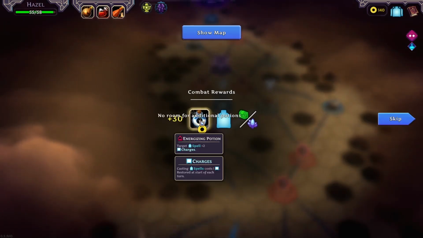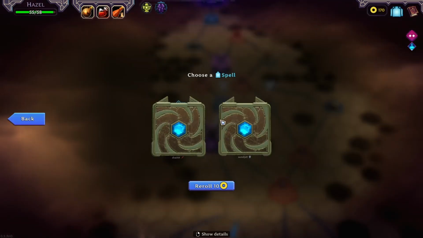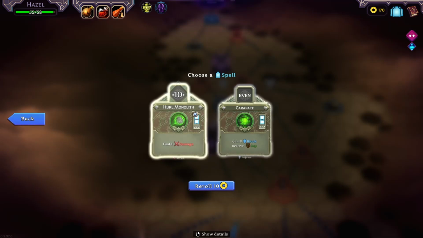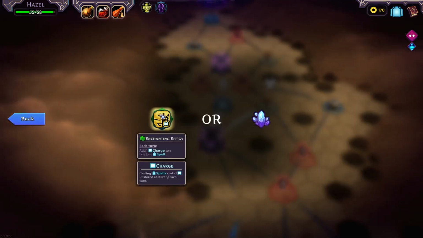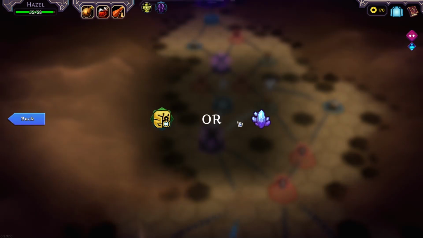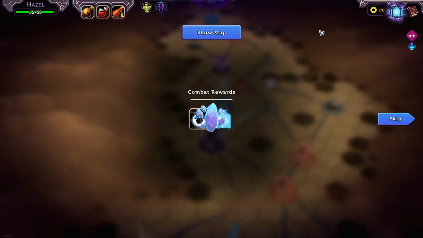We really do ramp up eventually. Like, we get defense, we get offense, we get everything we need. Don't want that. Yeah, don't want that one. Neither one of those are worth it. I'll keep money for the shop though. What do we get here? Each turn, add 1 charge to rune and spell. No, we want the